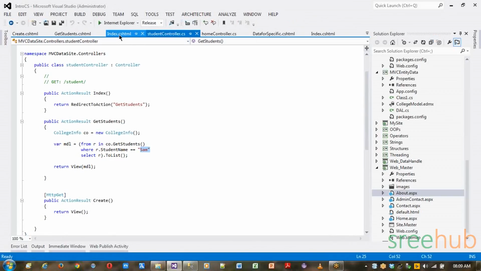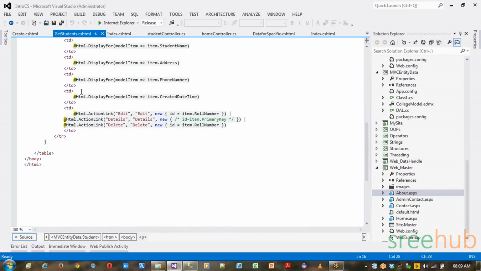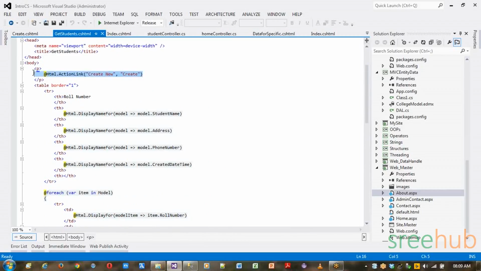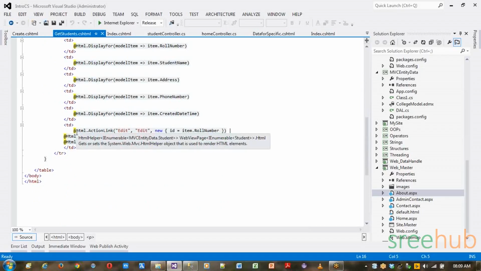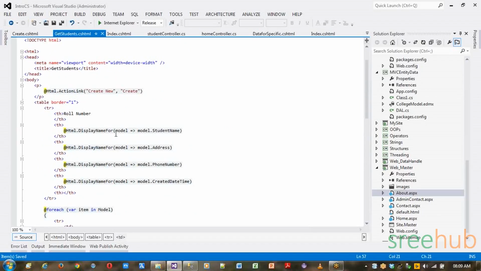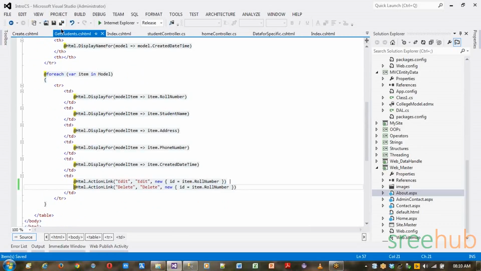So let's go back to the view. Whatever auto-generated view we have, you can always edit it. Let's say you want the create, and you want to make edit and delete. Let's say you are not going to do something on the view because you are already using the complete row. So let us see how we can implement the create new option, edit and delete here in the current